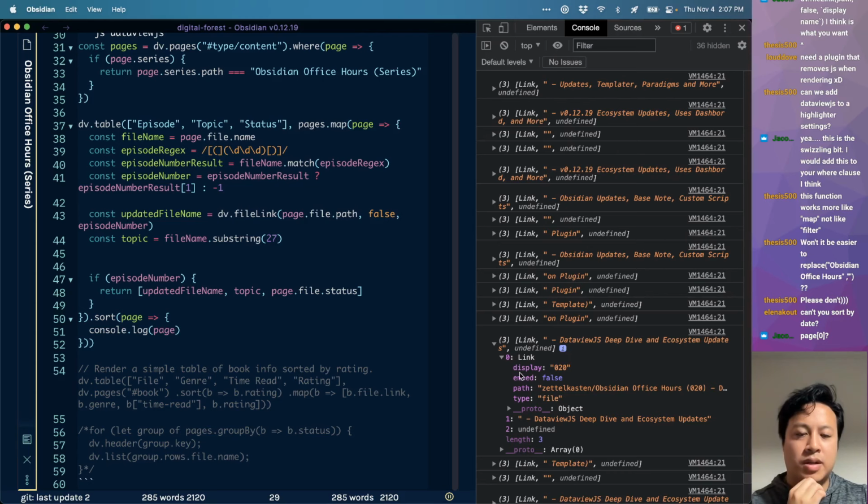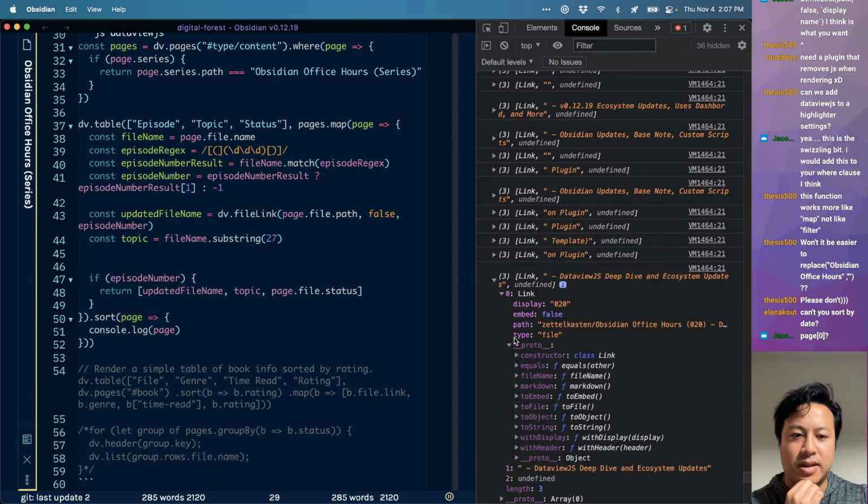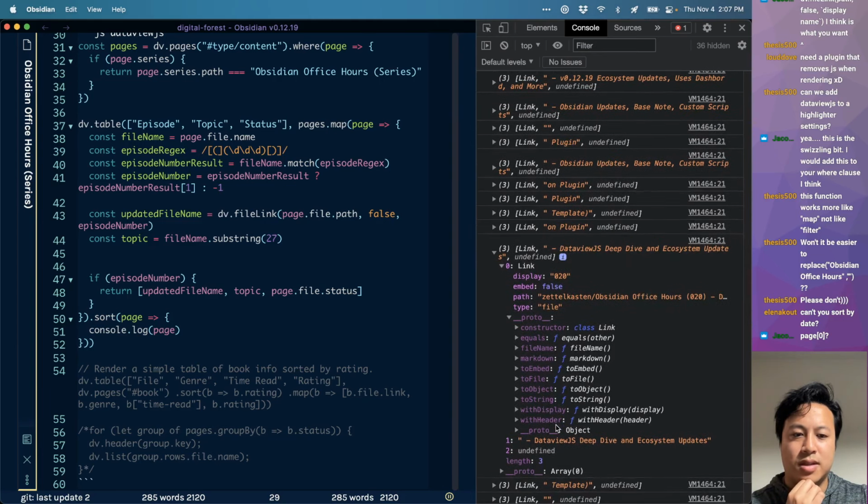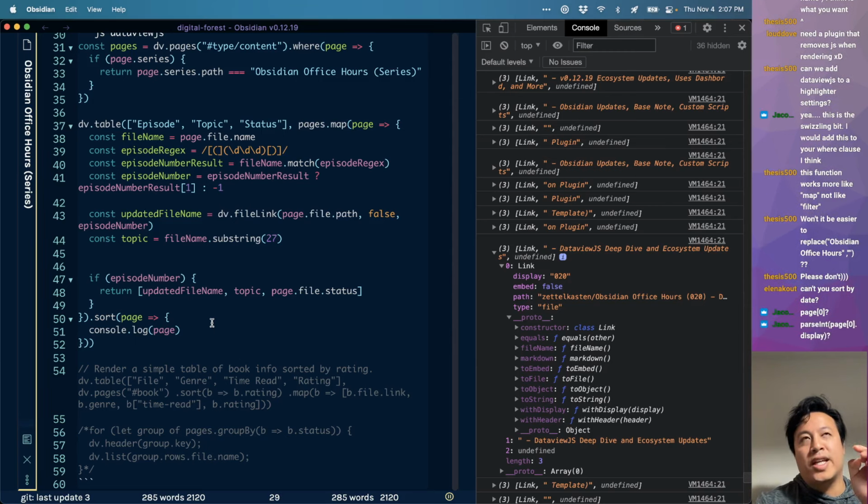Page 0. Well, if you do 0, this is the link, but then you'll see that there's nothing under it. Oh, file name, embed, file, object, string with display. No, it's actually taking... oh, I get it. When you're taking the sort, you're taking it by the page display. Yes. Okay. Sorry. So to Jacob's point here, what we could totally do right now is do it like so,